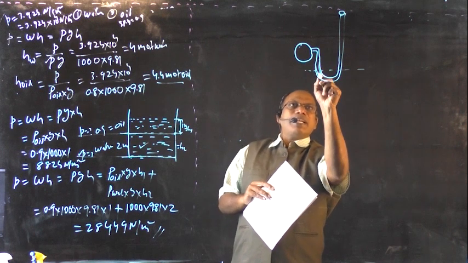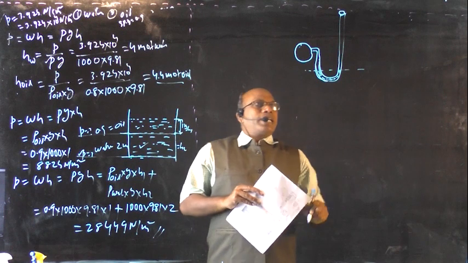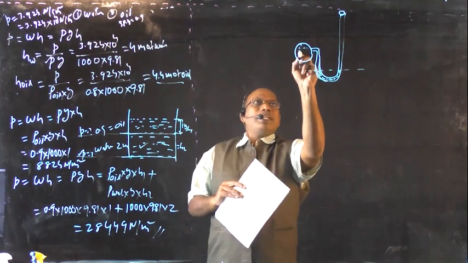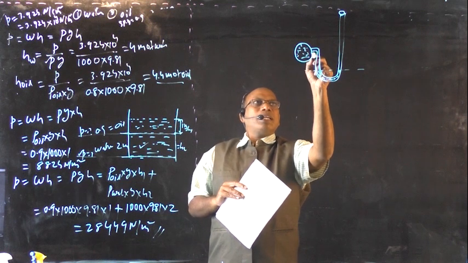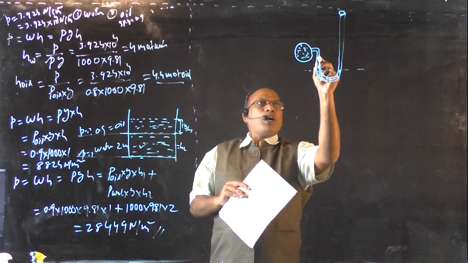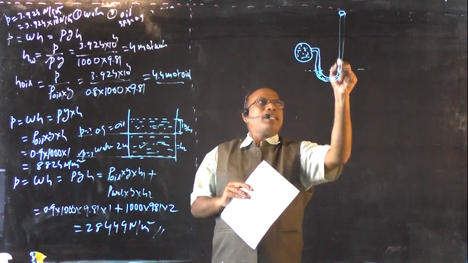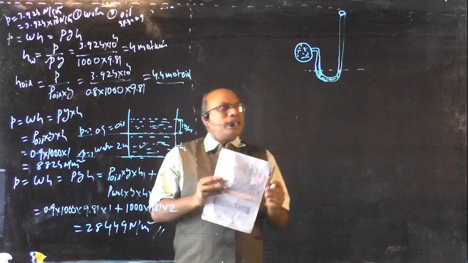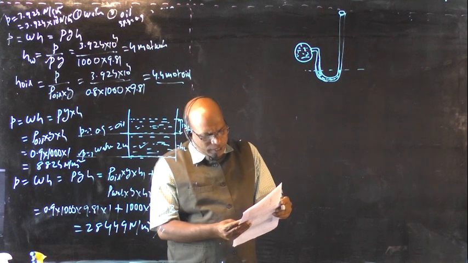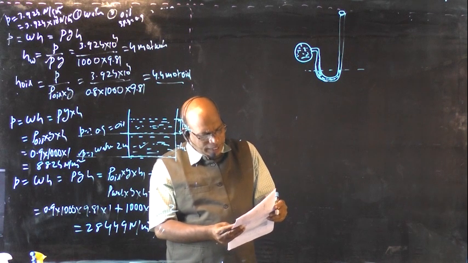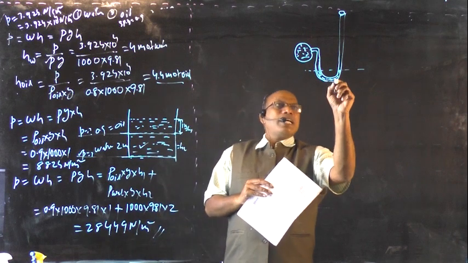Say this is the datum line, already I have given the derivation. This is the liquid flowing through the pipe. One end of the U-tube manometer is connected to the pipe and the other end is open to the atmosphere. Here in this problem, the right limb of the single U-tube manometer contains mercury,